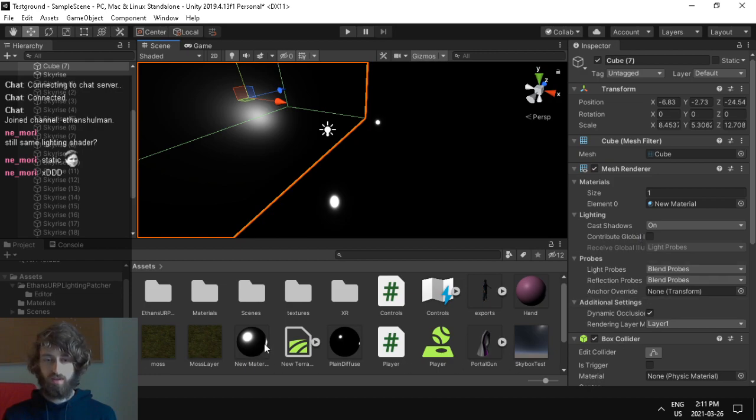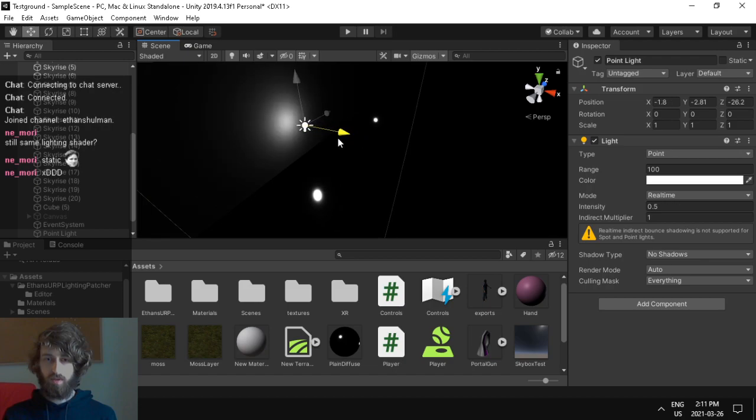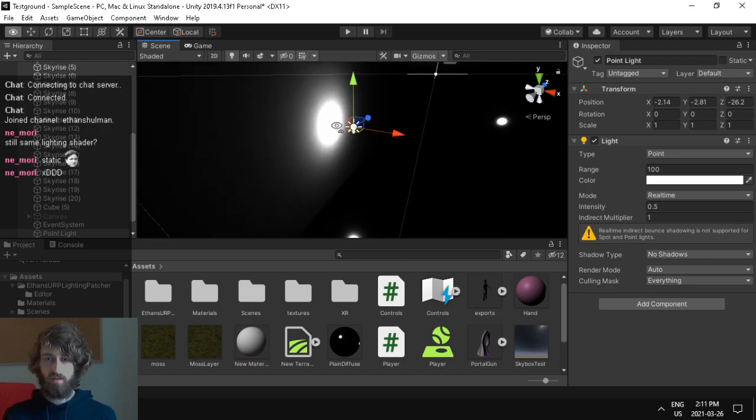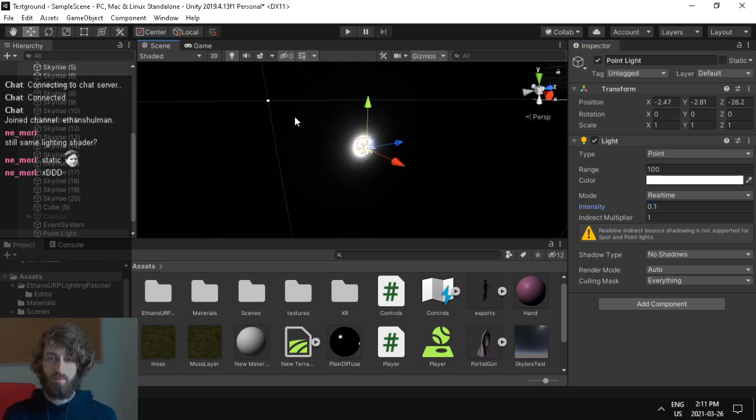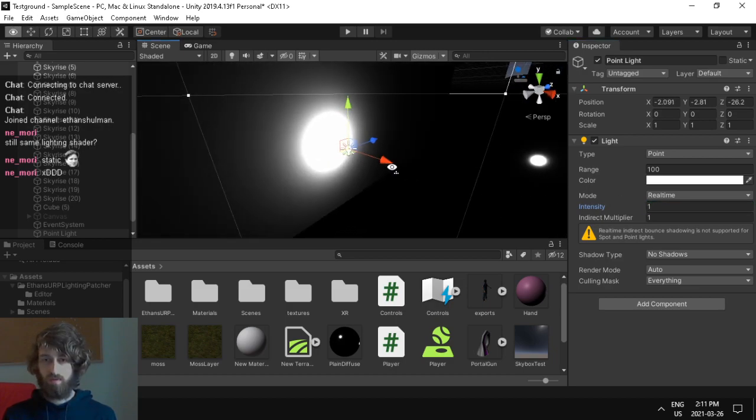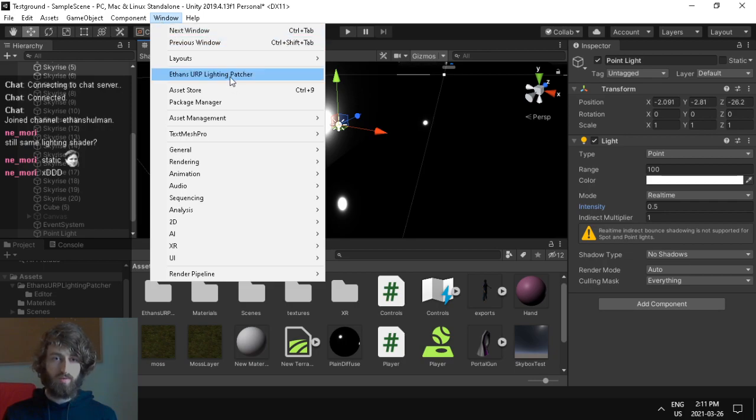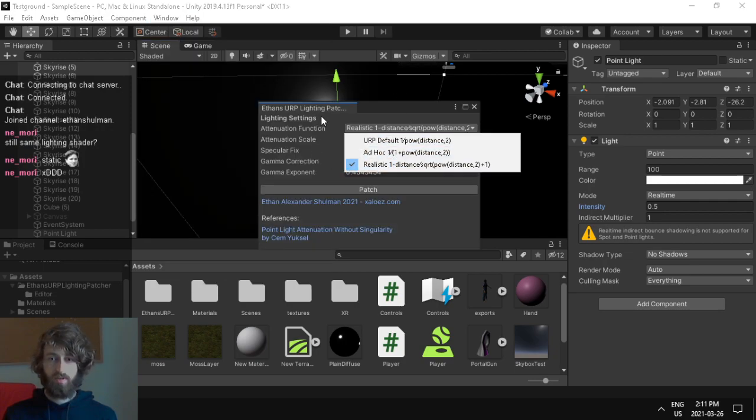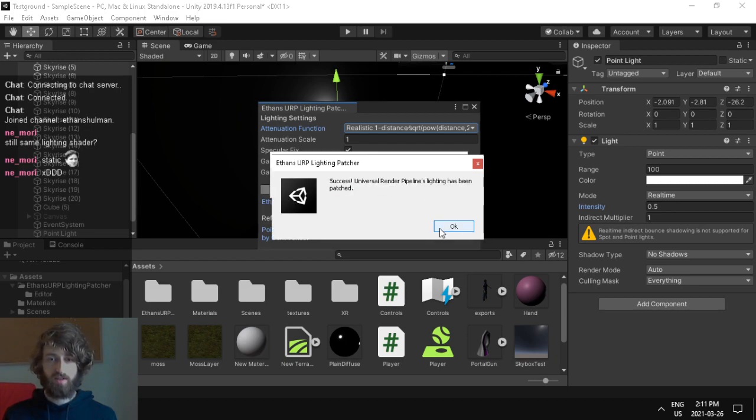You can also see this on the diffuse. If you go to diffuse here and you put the light against it, you can see even at like 0.1 light intensity, when you put the light up against the surface, it gets unbelievably bright in that white spot. So that's what this lighting patch fixes. So with the realistic attenuation and then the specular fix,